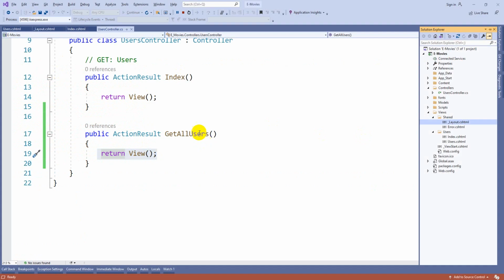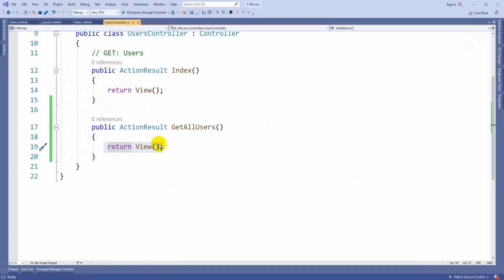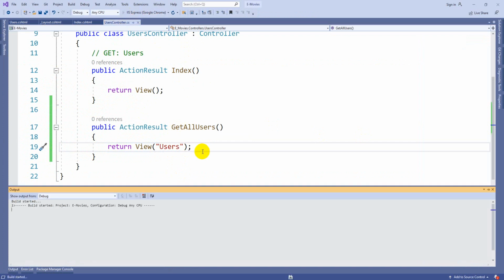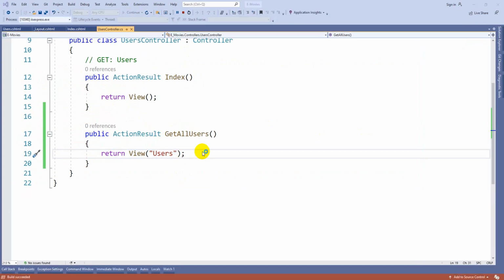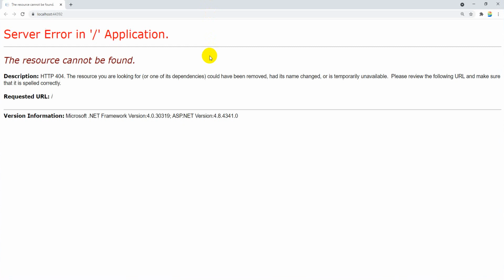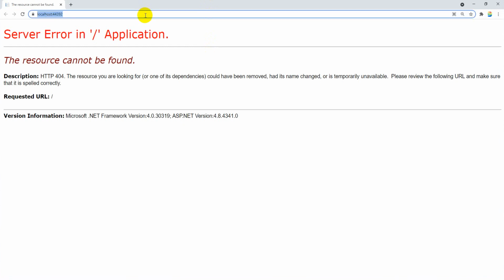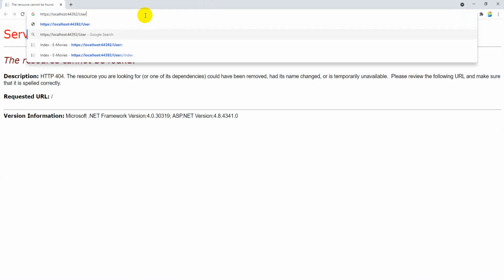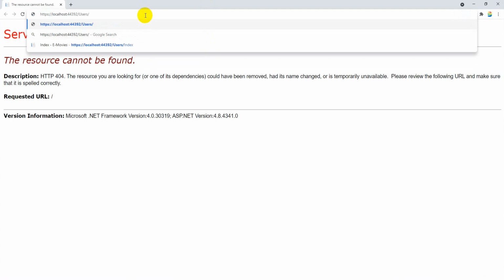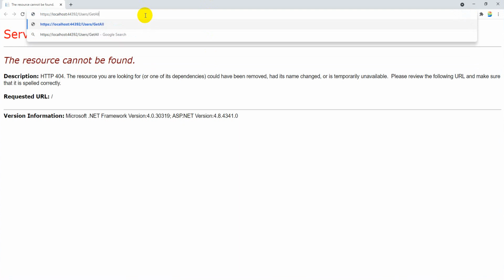That is the reason you got this particular error. So what you need to do, as I said, whenever you change the view name, in double quotes you write Users, whatever the name of the view you want to execute. Now let's try that one. Again let's try the same URL, users slash GetAllUsers.